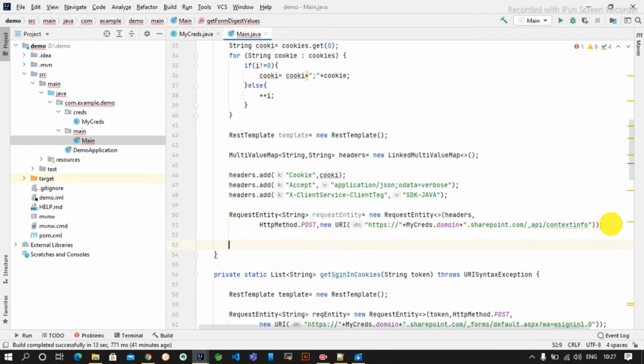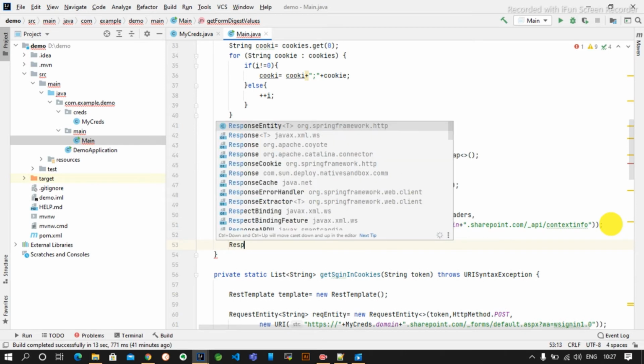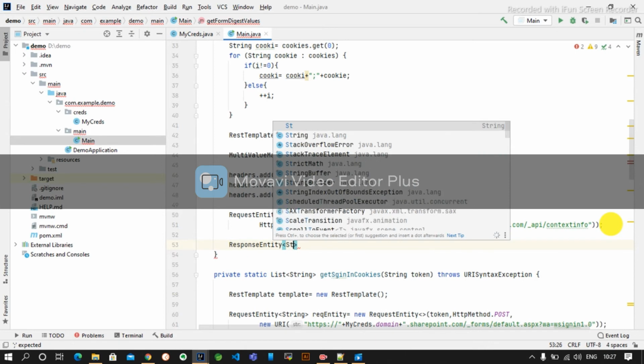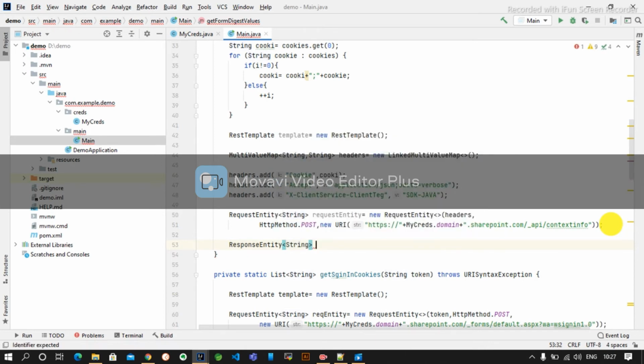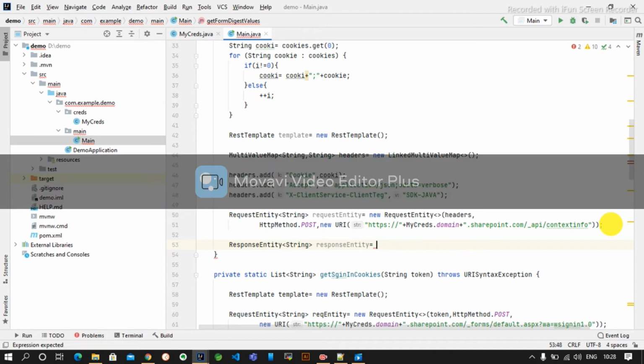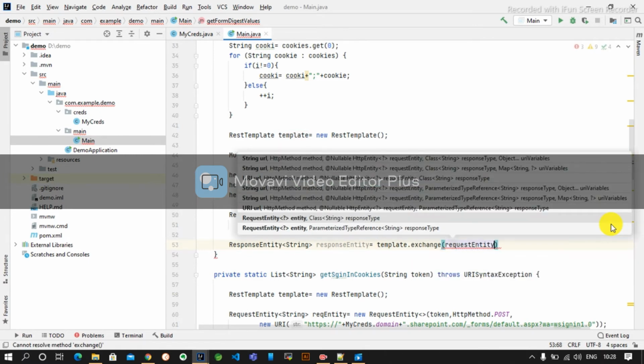Then we will use our response entity string equal to, sorry, not new response entity, we need to call the REST template, we need to call the endpoint actually, template.exchange, request entity.